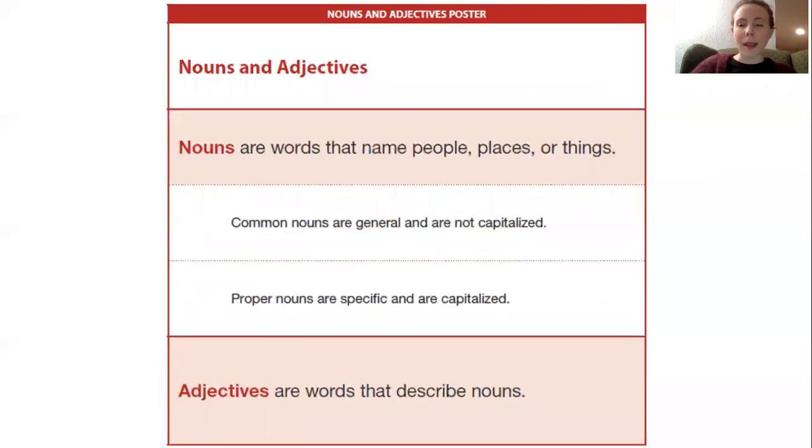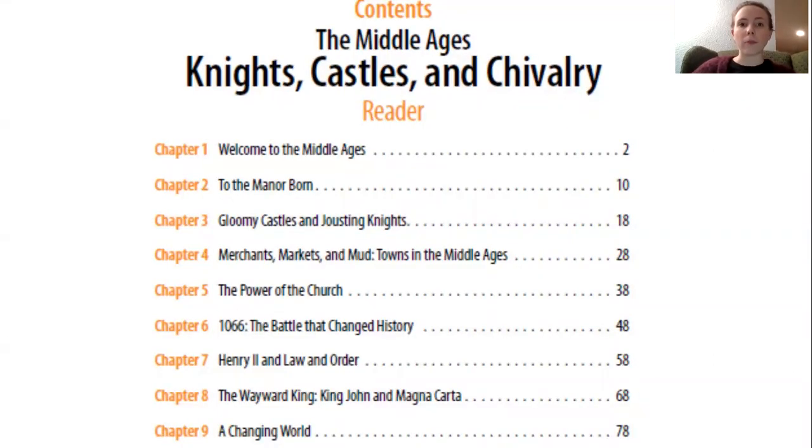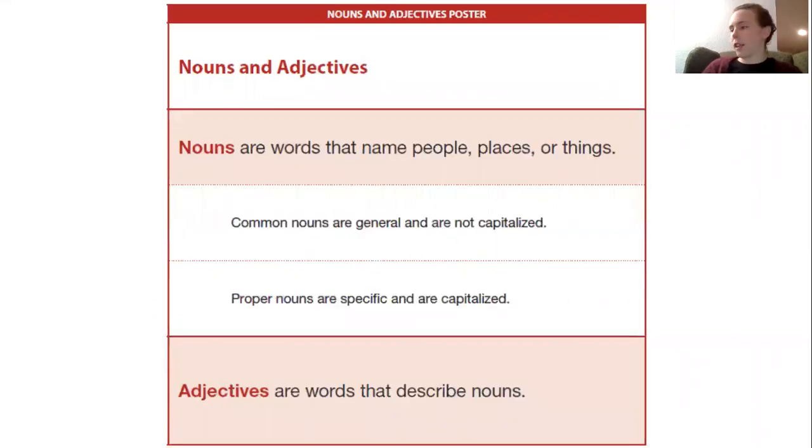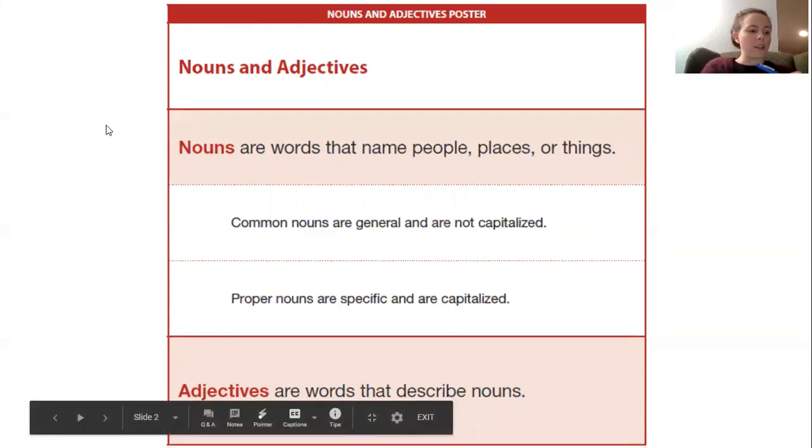You will need some paper again to write our new vocabulary words, and then also we'll be doing some work with some prefixes today, as well as classifying words as nouns, adjectives, adverbs. So the first page that you can get out, you can make this little chart for yourself. So I have my notebook where I've been writing down my work for guided reading as we go. And this is telling us that nouns, you can just write these two boxes right here will be important for us to keep track of.